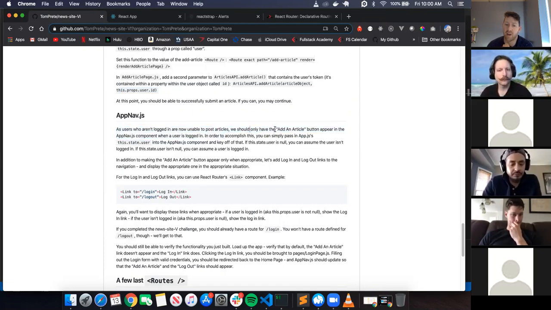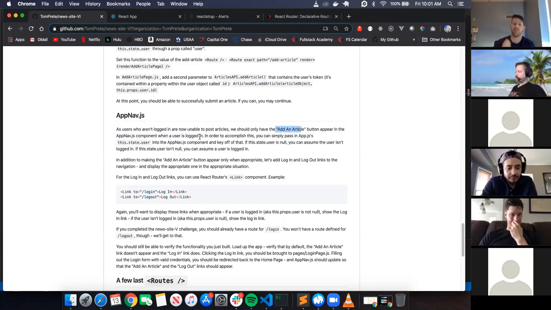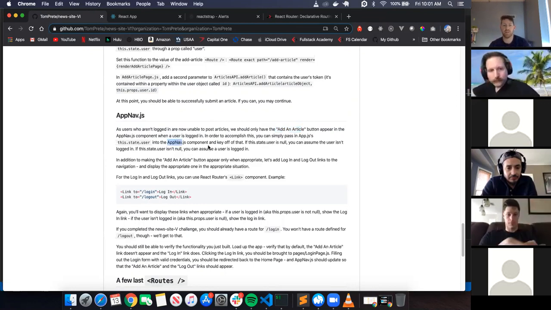We should only have the add article button appear in the app nav component when a user is logged in. In order to accomplish this, simply pass in app.js, the state user, into the app.nav component and key off that. So essentially,